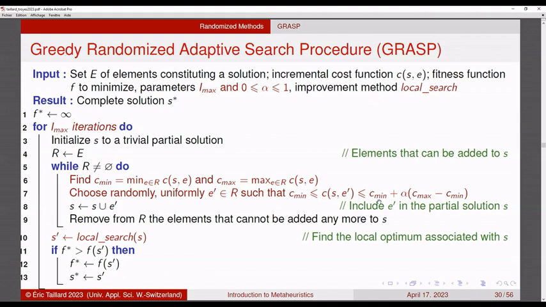And in fact, here, if you have alpha equal to 0, you have just a greedy algorithm, almost deterministic. And if you have alpha equal to 1, you have just random building. And in between, you will get a greedy randomized